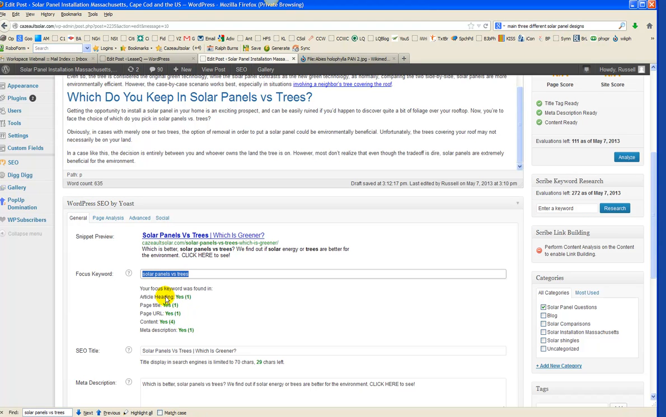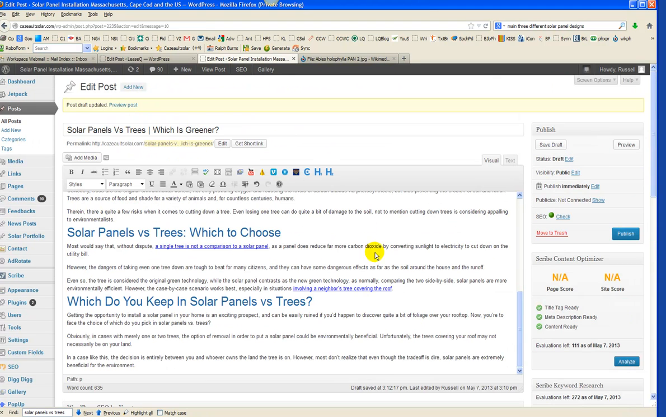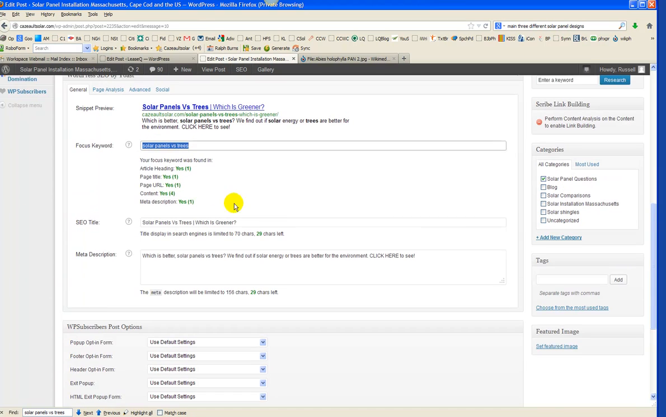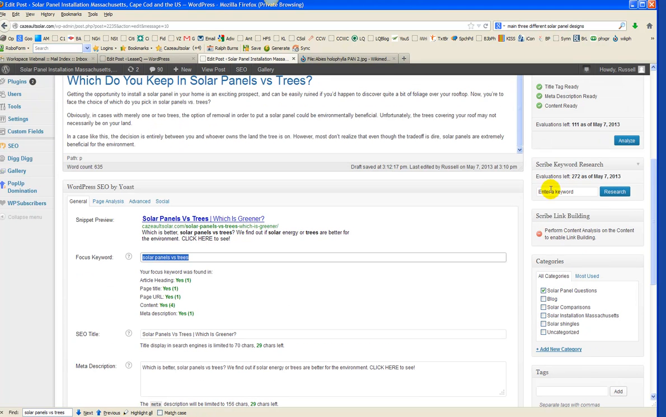So, and Yoast will tell us this. Is it in the article heading? Yes. Is it in the page title? Yes. Is it in the URL? Just this thing up here, right? This is your double check. Okay, is it in the content? It's in there 4 times. Good. It's in the meta description. Good. Perfect. Last thing you want to do, take your focus keyword,